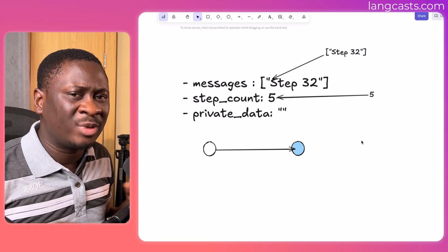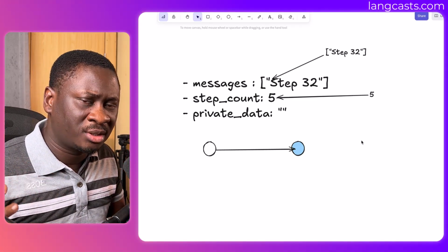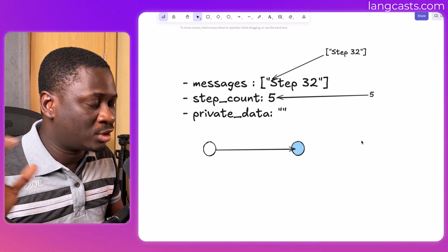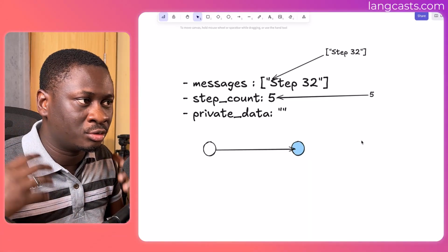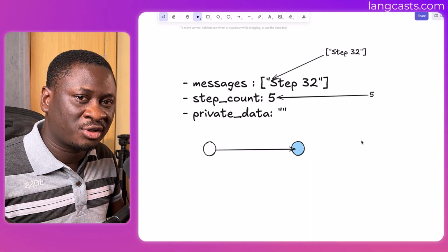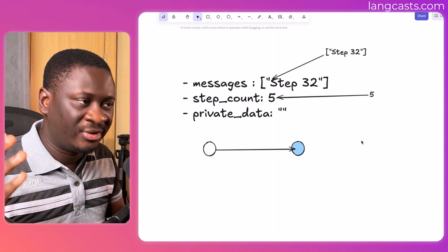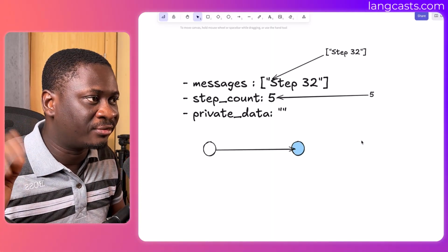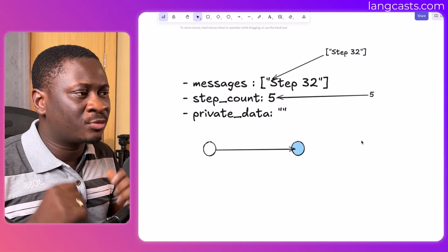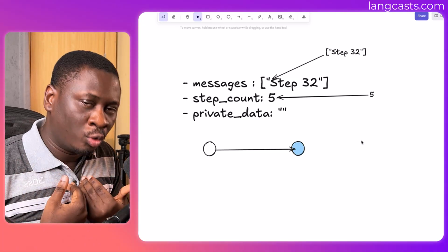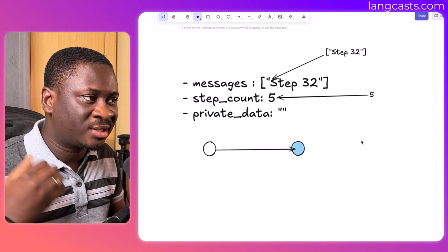So in cases where that's the behavior you want, you can just leave things as is. You don't need to change anything. You don't need to write any custom reducer or use LangGraph's built-in reducers. Just leave it that way and it will function fine. However, if you need data to be manipulated in your own way,